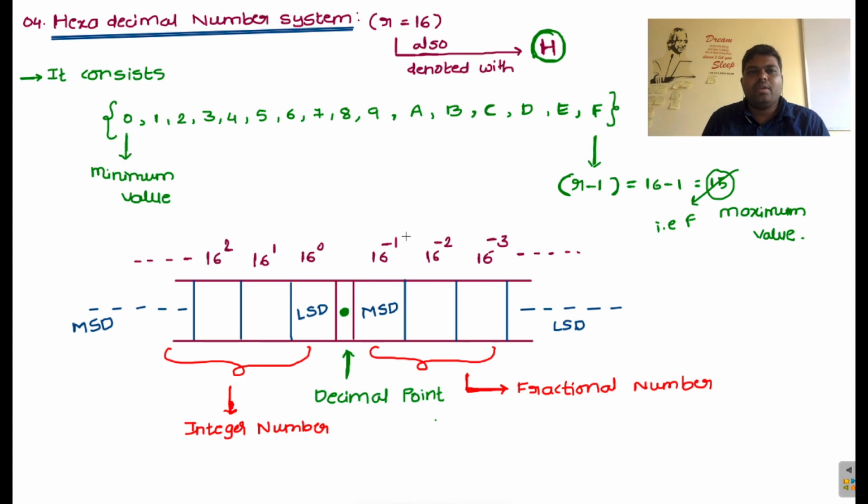number. Okay, so hexadecimal number, which is denoted by 16, otherwise capital H, and it consists of 0 to F digits, total 16 digits. Okay, 0 is the minimum value and the maximum value equals 15, that is denoted by capital F, and this one is number representation. Alright, now we will take one example.